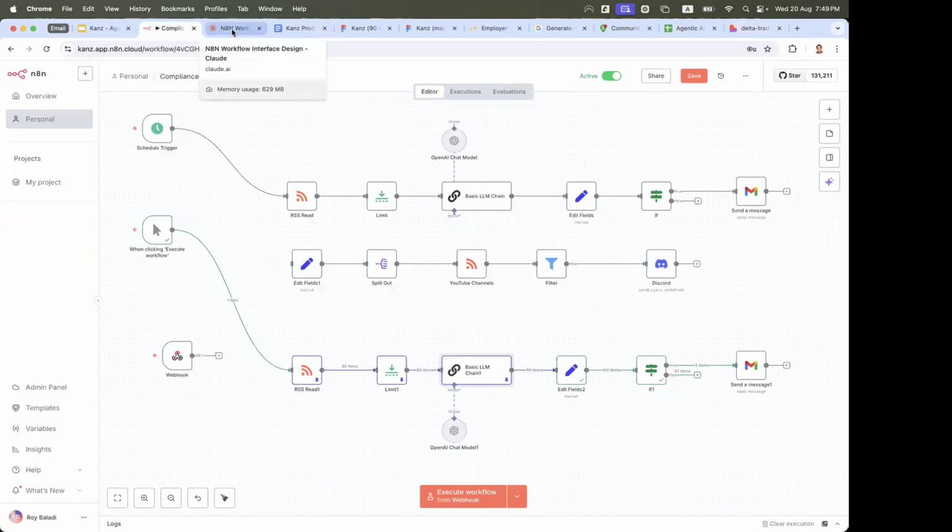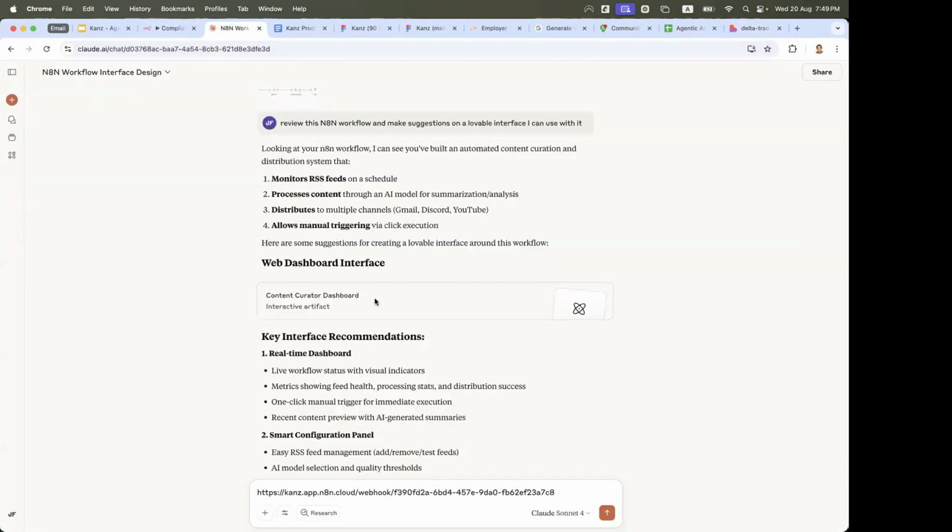Starting with N8N, you can go to Claude, our best friend, and you can tell it, create an N8N workflow that allows me to upload a file, my resume, scan all available jobs. Oh, I might not have a database of jobs, but for example, have it reviewed by an AI agent who is a professional recruiter.